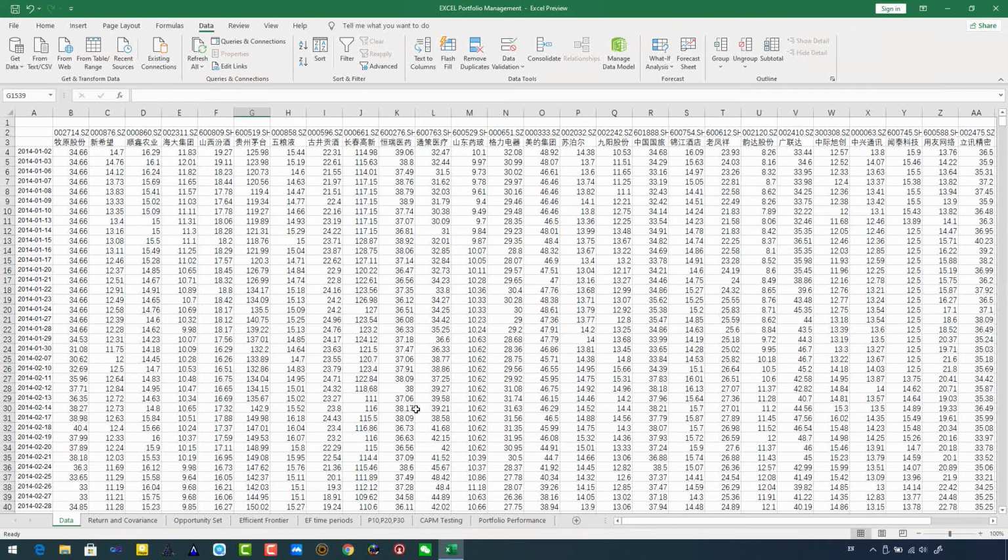Hello everyone, you have learned a theory about Markowitz portfolio theory, capital assets pricing model, multi-factor model, and portfolio performance evaluation in the previous lecture. Now in this Excel class, I will show you how to use the real data to calculate the stock return